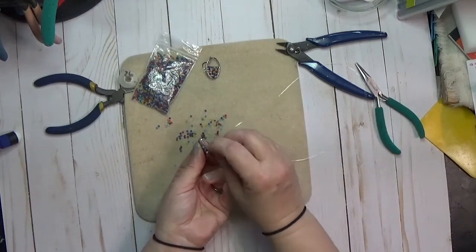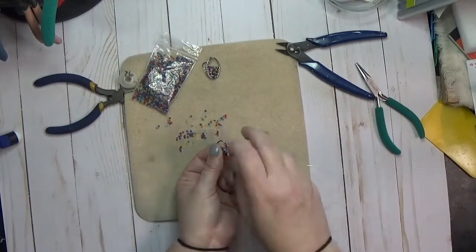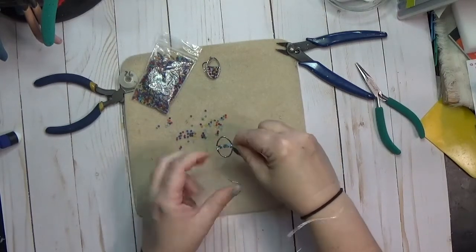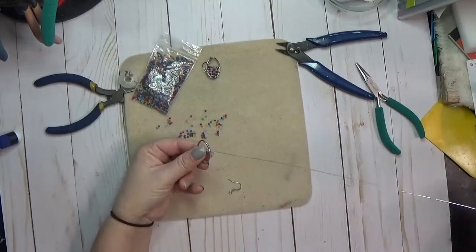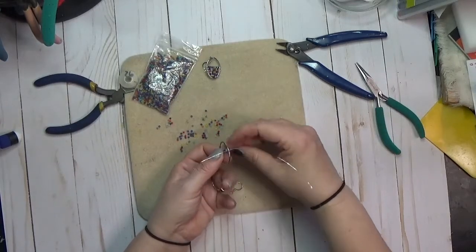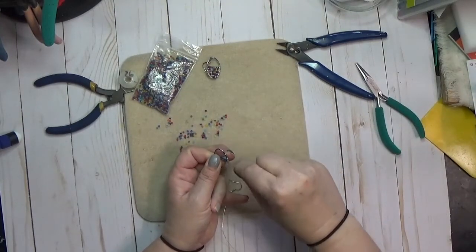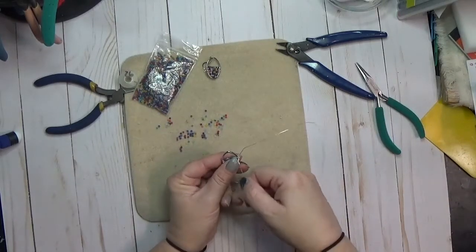And then I am inserting between those two lines of wire, or beaded wire, because again, the wrap before was above, so we're going above. So I've got one wrap, and then I'm coming back, and we're going to do a second one. And I think for these others, that first one, I think I did 3, but the rest of them, I think I do 2. So I'm pulling that down in front of the wire,